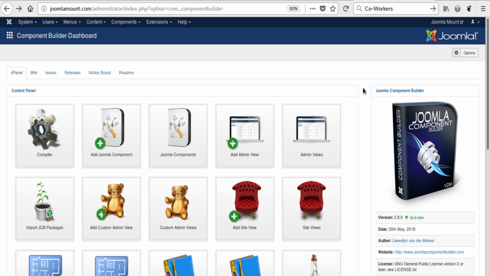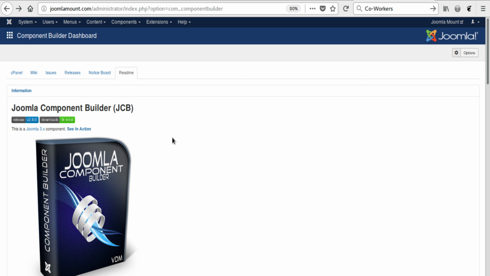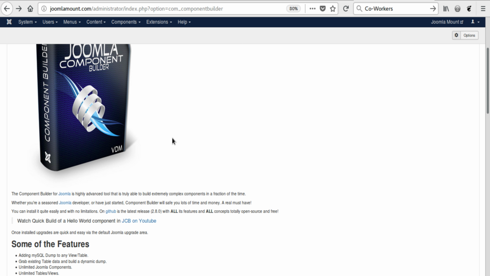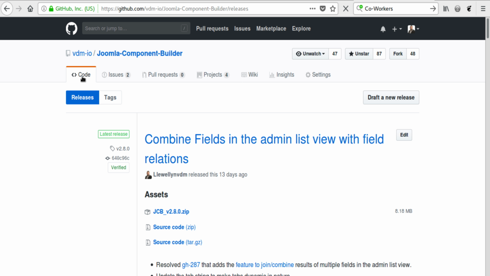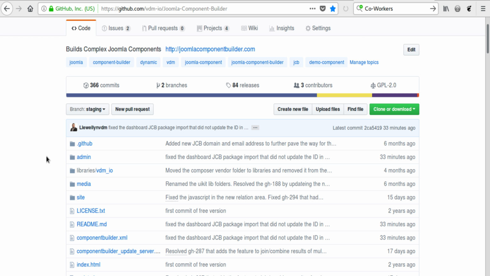But now, going to those files, there are two ways we could do this. We can actually go to GitHub, and we can look at those files there. But you can also do this on your own system. So on your own system, when the package or the component is installed,